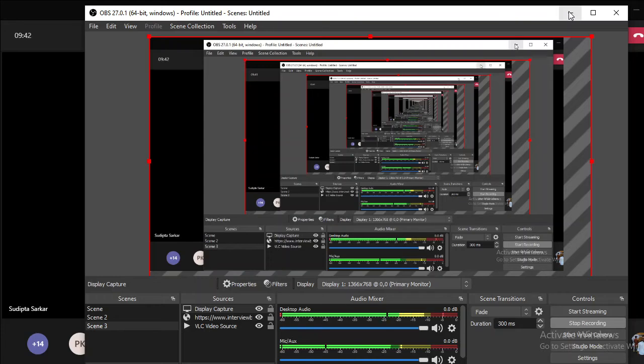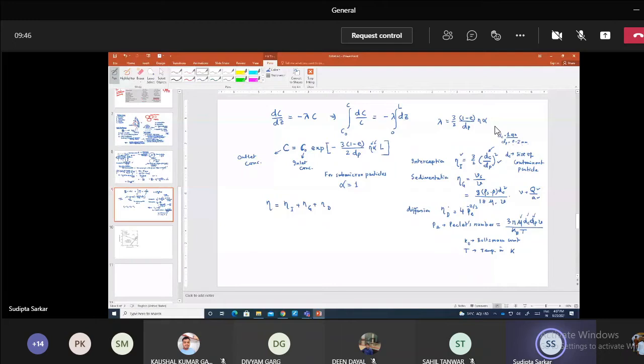the sedimentation efficiency. If you look at the diffusion term, this is the next number where you have the size of the contaminant, size of the particle, velocity, everything is known. Boltzmann constant is of course known. Temperature, you can take the temperature where you are working. So, if you know the Peclet's number, then you can find out the diffusion efficiency, and your total eta